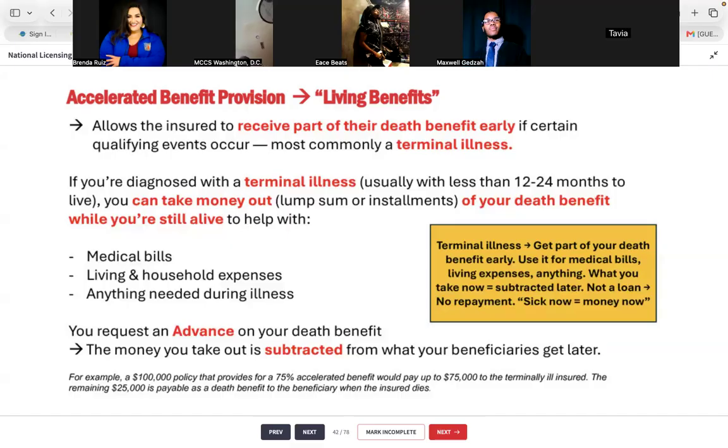Guys, this is my favorite benefit. I've seen it work. That's just one of my clients. I have probably about a dozen clients that have leveraged this. This is real. How many of you guys know someone, right? Let me know in the chat. Everyone has lost someone to cancer. Everyone has lost someone to some kind of illness, right? We all know someone who's had a heart attack, stroke, something that has disabled them for a period of time.